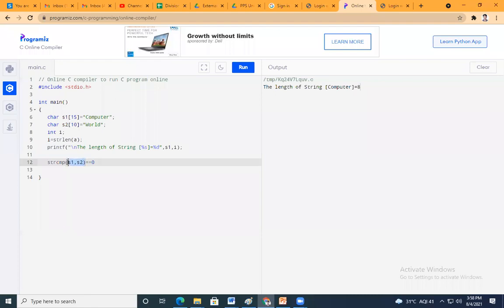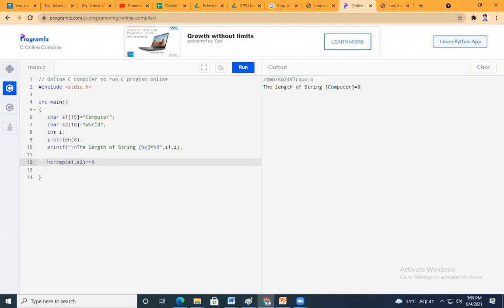If these two strings are equal. Now look at the screen. If string s1 and string s2 are equal, then the result of this operation will be 0. And now here I am comparing.